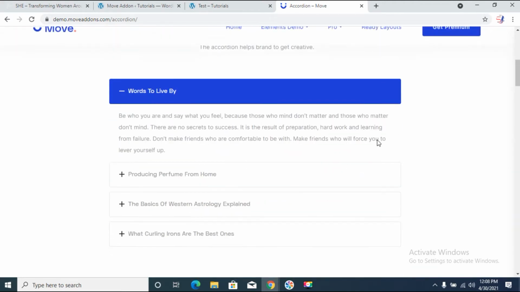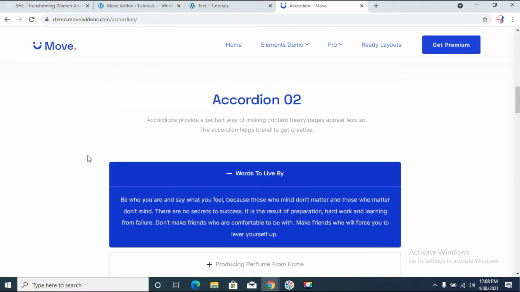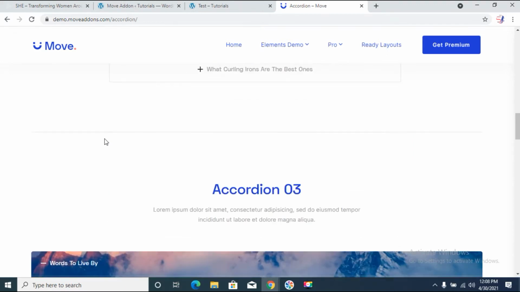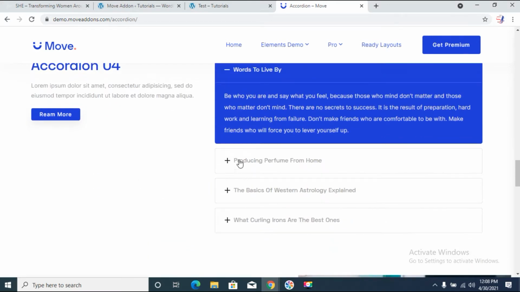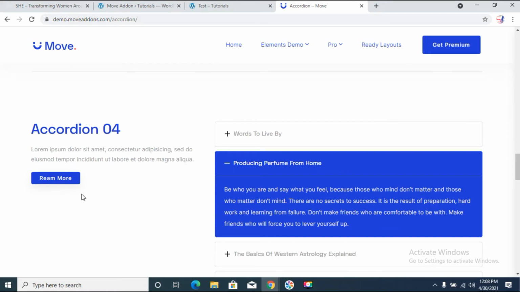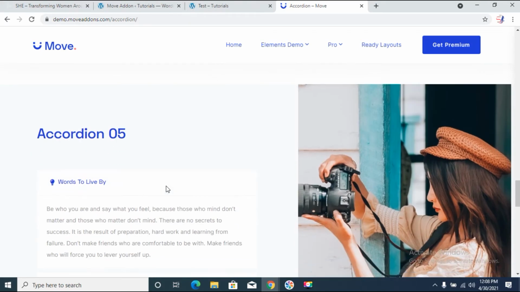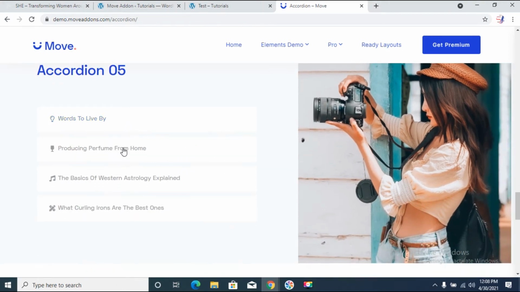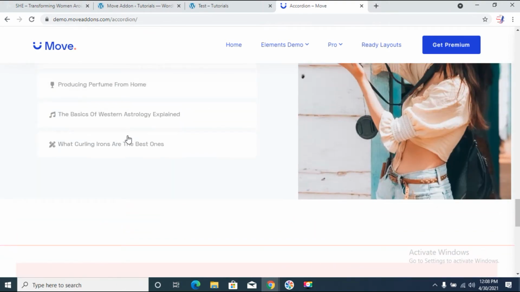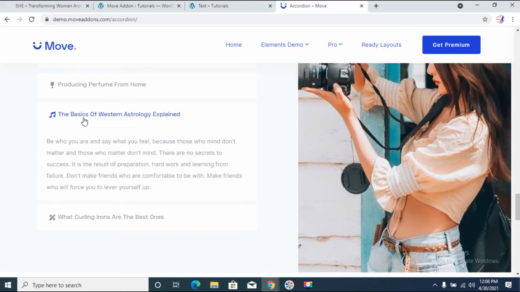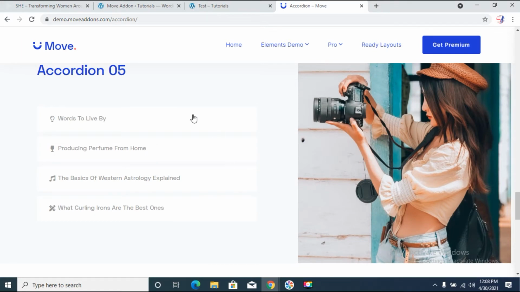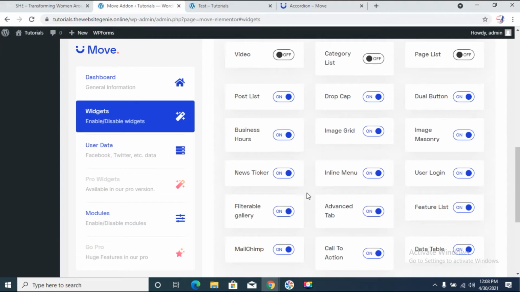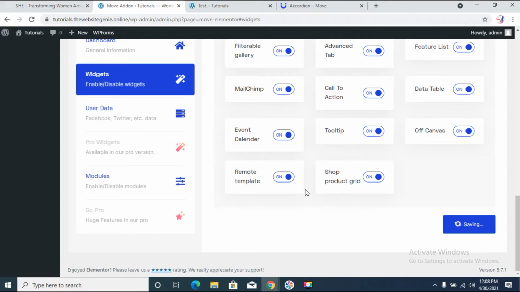This is accordion 1, one style you can use, and there's another style you can use. This is another style. This is a third style, where you have an image background, and this is another style where you have a small text on the left hand side, and then on the right hand side you have the accordion. There are lots of types of accordions. As you can see, this is the image at the right, and then you have the accordion on the left with icons on the left hand side. There are lots of different widgets from this Move plugin, but we'll concentrate only on the animated heading. I'll just save the changes because there are lots of widgets here.